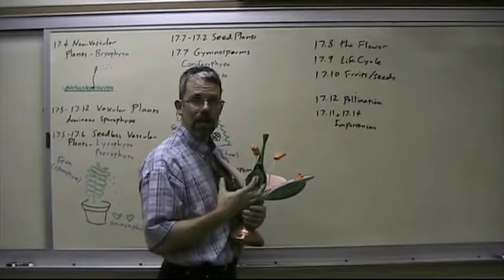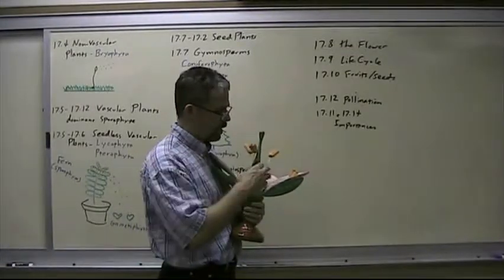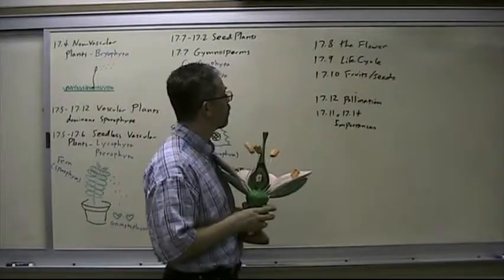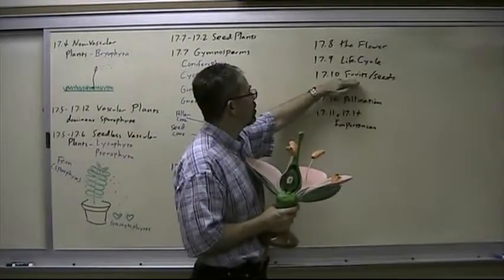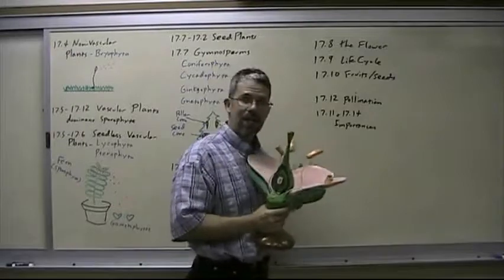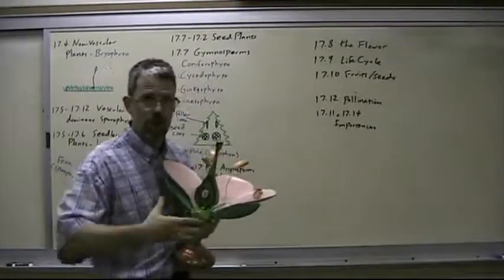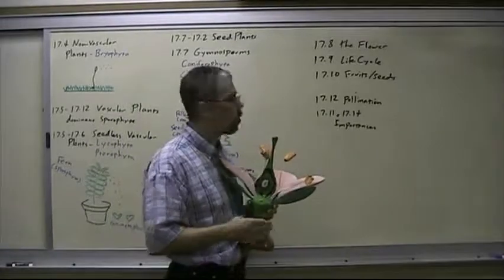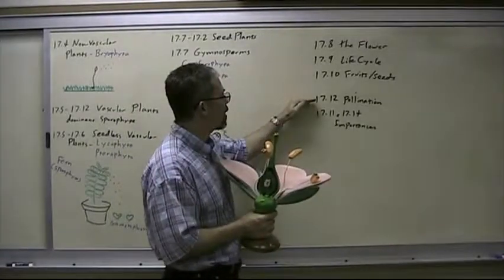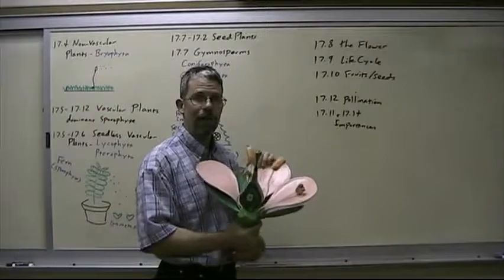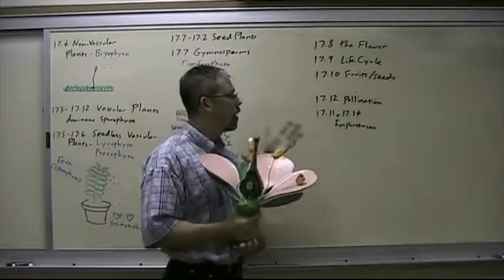The fruit protects and disperses the seeds. All fruits come from flower ovaries. So, protection and dispersal of seeds, the features of a fruit in nature have everything to do with how it's dispersed, whether it's edible, whether it blows in the wind, or whatever. Likewise, going back to pollination, the characteristics of a flower in nature have everything to do with how it is pollinated.